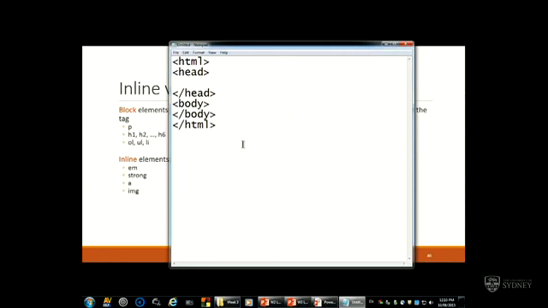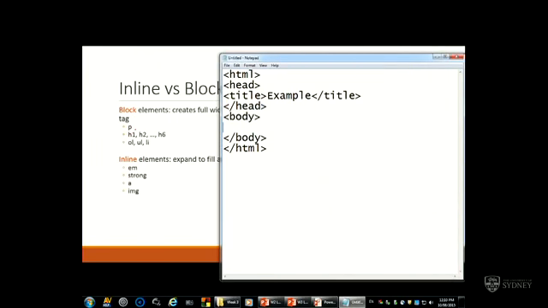Give it a title just because. And so in the body, we can see that we've got block tags. So let's put some sample text, and we're going to tag that with a P. And then let's have an inline element, or let's have two of them. So we'll have an image,